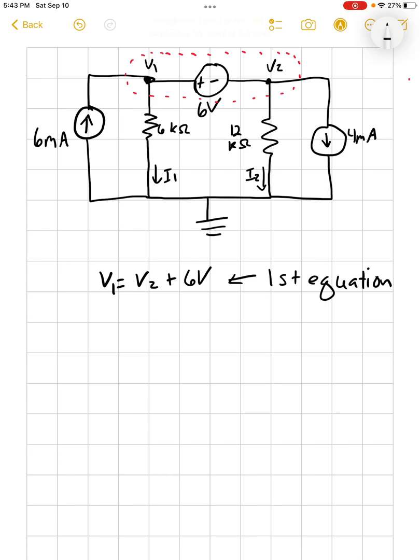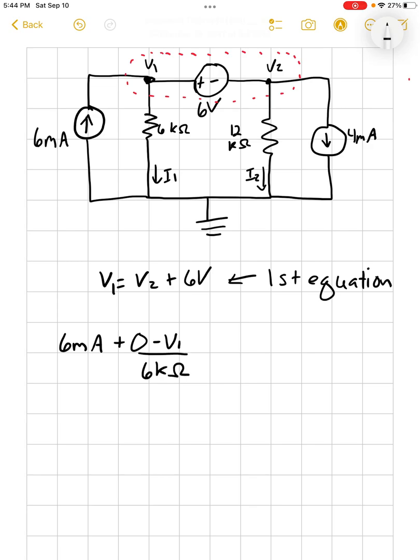So that gives us one of our equations. Now we can make the other equation. What we're going to do is look at all of the currents that are going into and out of V1 and V2, okay? So, again, I'm going to treat everything as if it's going into our supernode. So I'm going to start out and say that 6 milliamps is going into the supernode. So that's our first current, okay? Now we've got a current that's going from ground, a reference node, into V1 through a 6 kilohm resistor. So I'm going to say plus 0 minus V1